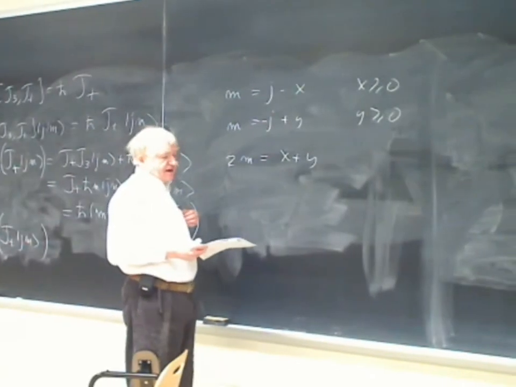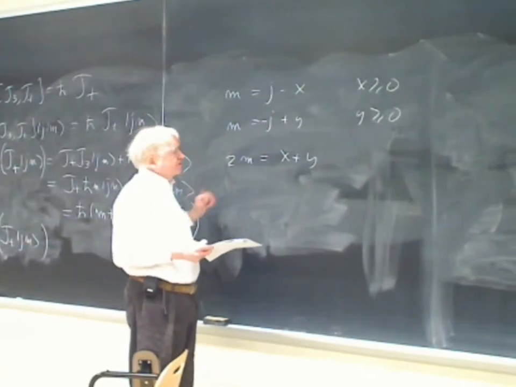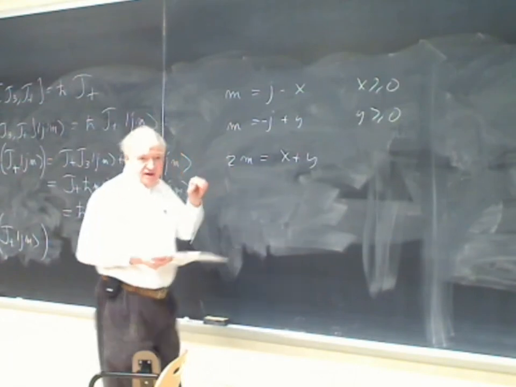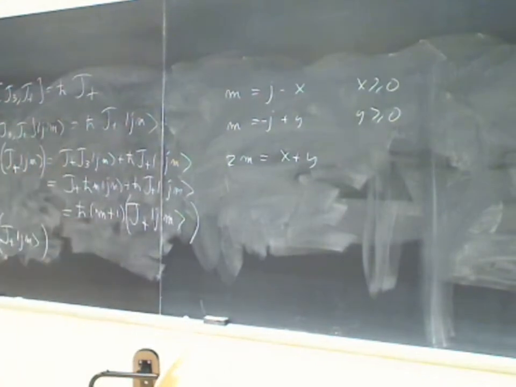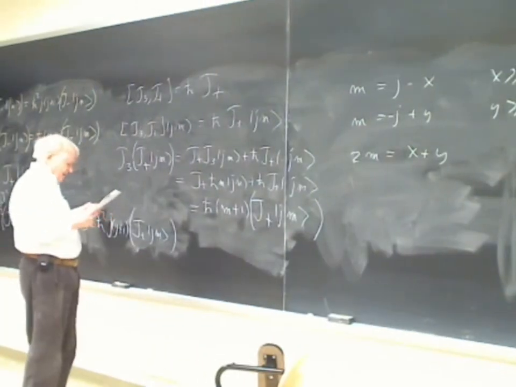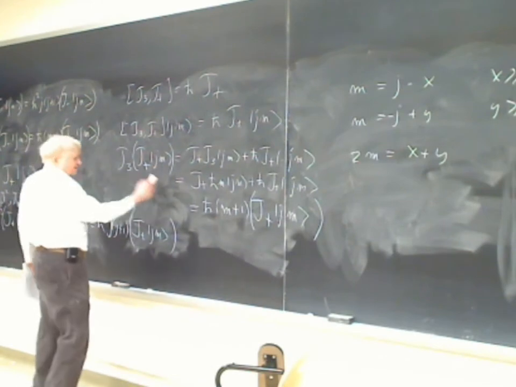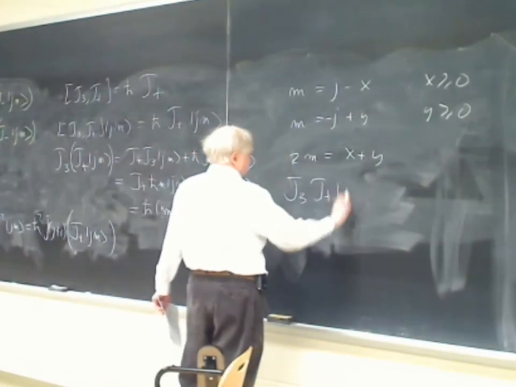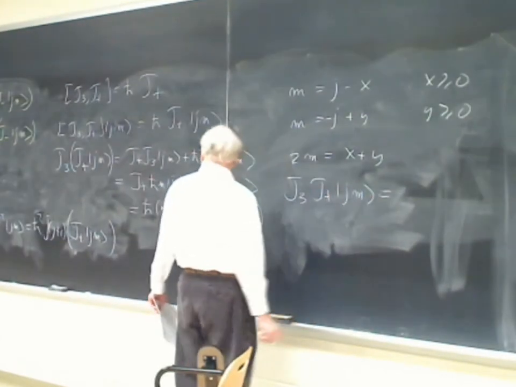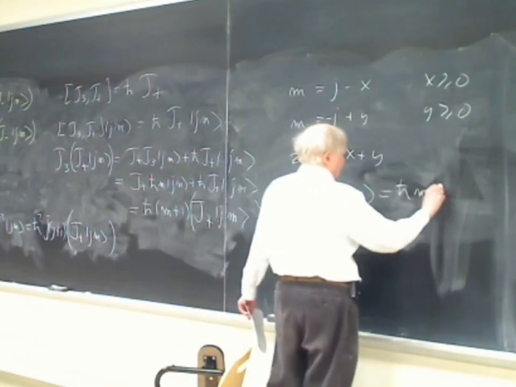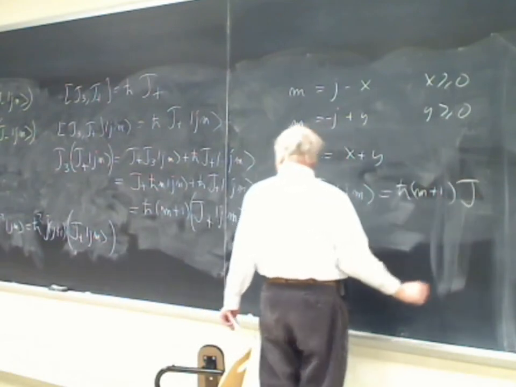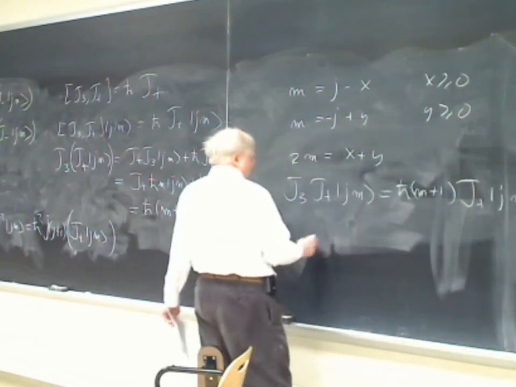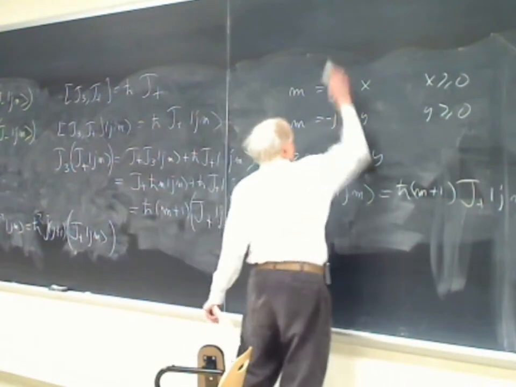So could they be something like 1 over root 2, or even something as common as 1/2? Well, suppose x were 1/2. Then, for example, we could look at this equation, which says J3 J plus |j,m> is equal to h bar (m plus 1) J plus |j,m>. And if we apply that, say, to the state with x equal to